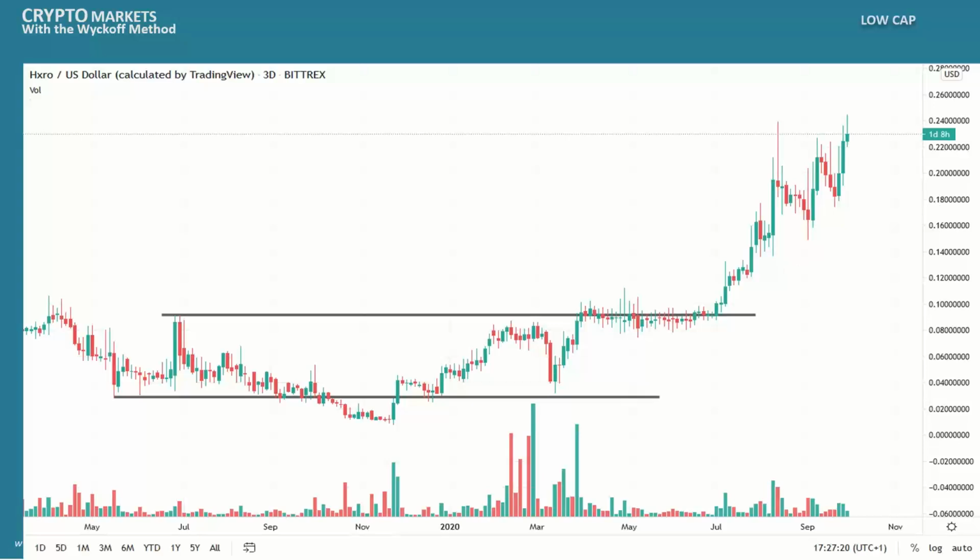And this is another very low cap crypto, but I think that it's interesting at least to talk about these very low cap assets because they move in a very peculiar way. So we see a long accumulation structure. This is a 3-day chart followed by a major sign of strength, which is basically hugging the resistance, as David Weis says. And then we see this huge up move. This asset is showing a lot of comparative strength compared to